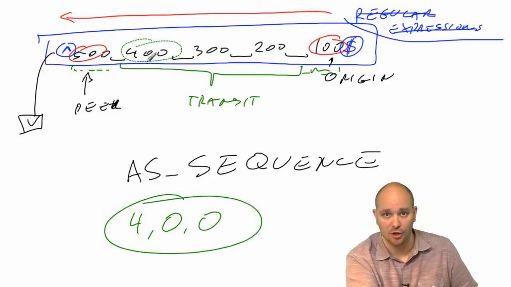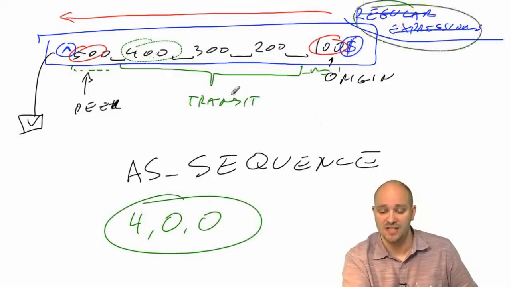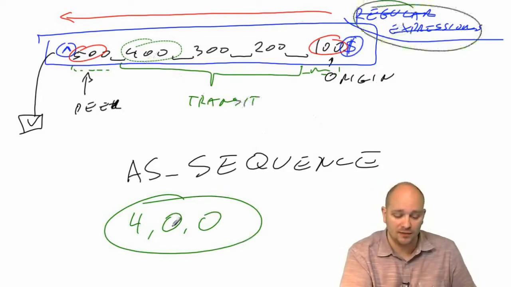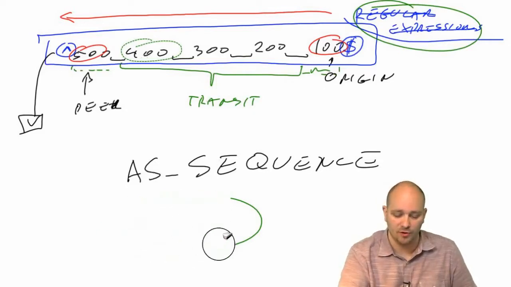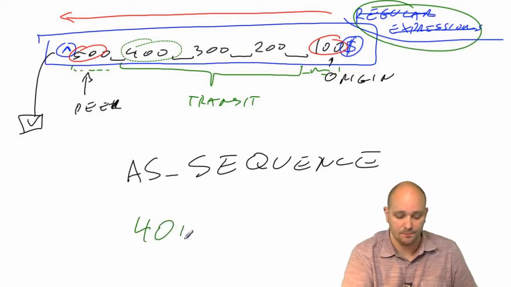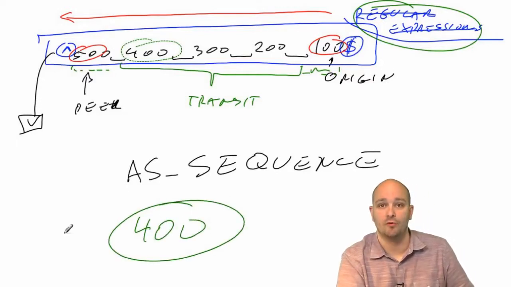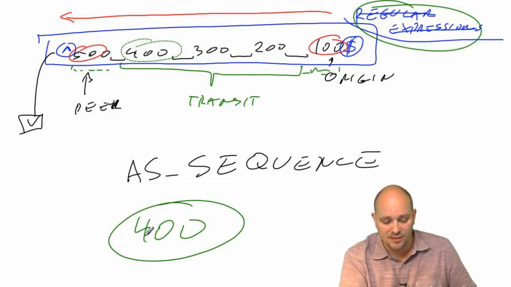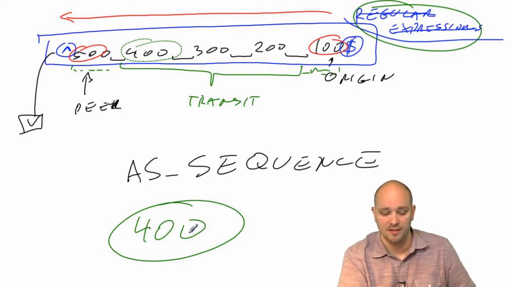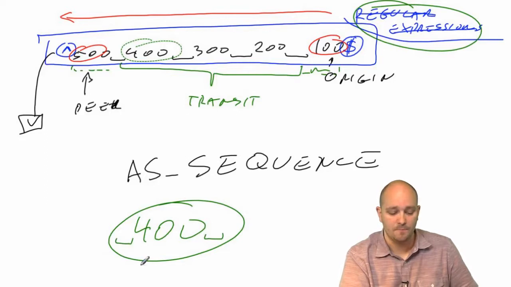Not about the number 400, because using regular expressions, you cannot match 400, but you can match 4 immediately followed by 0, immediately followed by 0. How do you write a regular expression for that? Well, it's very easy, in fact. Surprisingly easy. There it is, 400. But it's not number 400 that we are matching. It's a series of characters, 4 immediately followed by 0, immediately followed by 0, surrounded by AS number separators, or